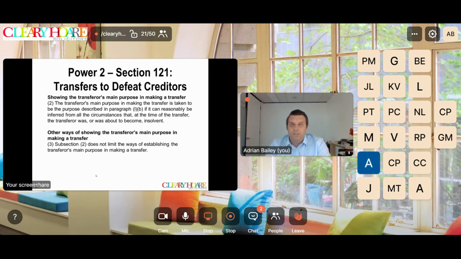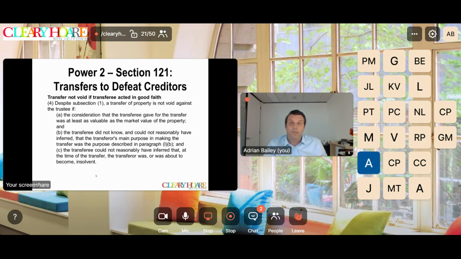So the legislation itself says that the transferor's main purpose in making the transfer is taken to be to defeat creditors if it can reasonably be inferred from all the circumstances that at the time the transferor was or was about to become insolvent. So if it's a factual scenario that it looks like we're about to become insolvent, it's going to be deemed to be a transfer to defeat creditors. That, however, does not limit the way that you can be deemed to be transferring to defeat creditors. So with that,